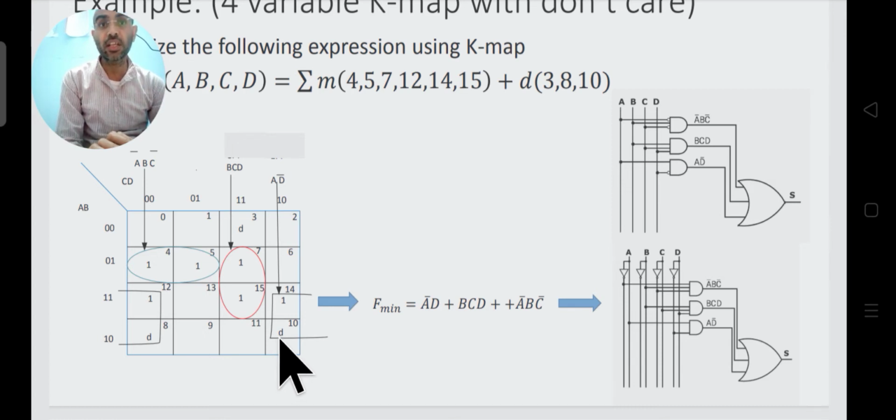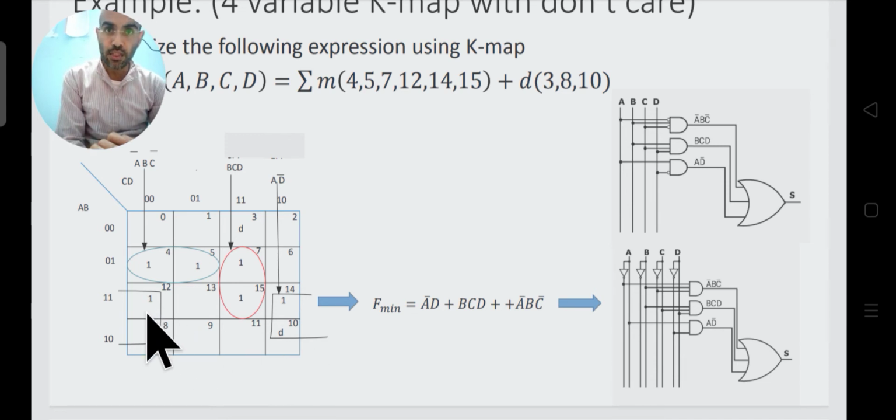So that is why they are included. Okay, so this is as per our rule. So that is why they are included here. Now if we write this, because this is a min term expression and we have filled up 1 entries, so each of the terms will be the min term. Okay, product term, not the sum term. So product term. So corresponding to this particular group, if we will see, the term which we will get